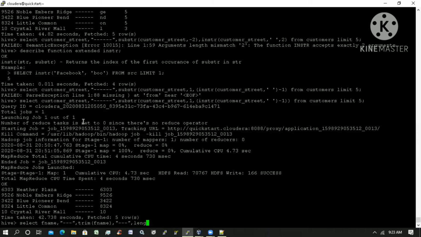I'm taking the length. You can take that street only, because it had a space. Yes, take the street, trim it and find the length. Yes, street is having the space, right? Correct.